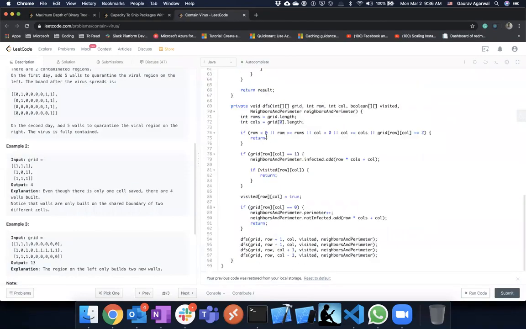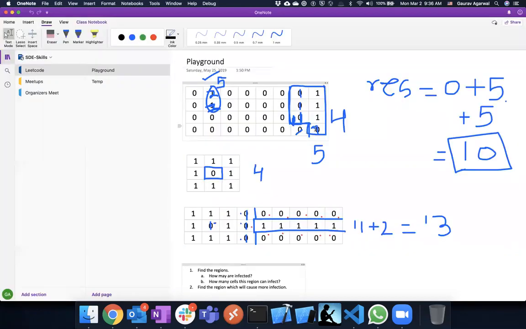Now there is a little logic in the DFS which I have written. Essentially, it is checking whether we have already listed it, or whether we have set the row and column as 2, which means we have previously listed that cell and marked it, maybe we created a wall around it. So don't do anything. Otherwise, if the row and column is 1, then that 1 is going to infect a cell. In this example, this one and this one is going to infect this 0.